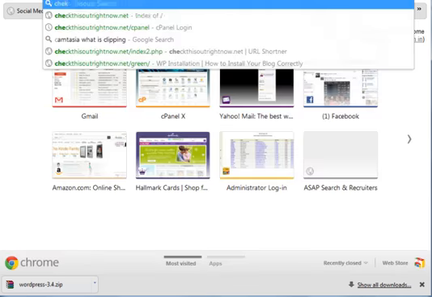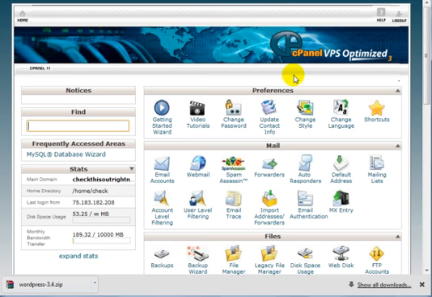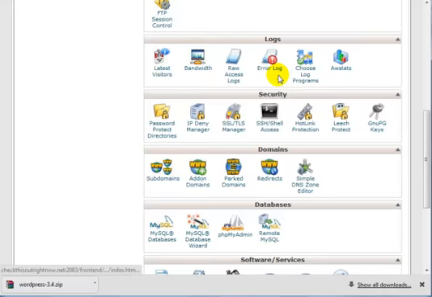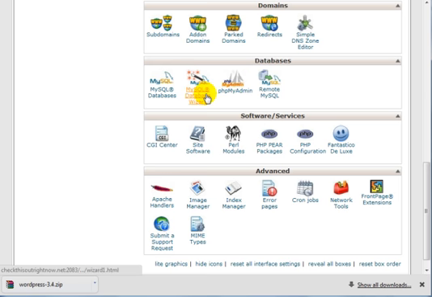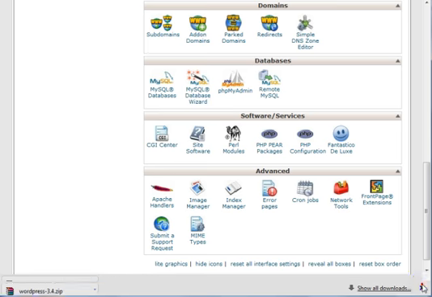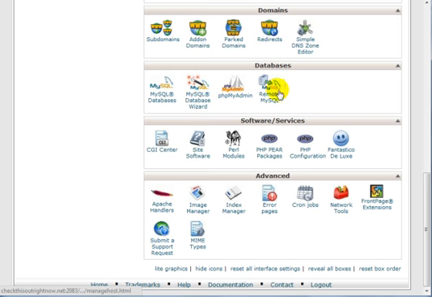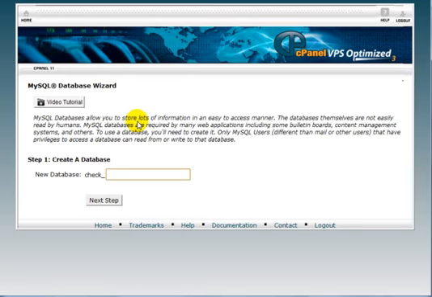In this case, I am using cPanel. So what I need to do with cPanel is to scroll down and find where it says MySQL database wizard. Like I said earlier, if you're using Plesk or any other type of web hosting panel, you should see something that says create MySQL databases. And if you don't, you can always contact your web hosting company. If I click on this here and I enter, let's say, funny t-shirts 2, click on next step,